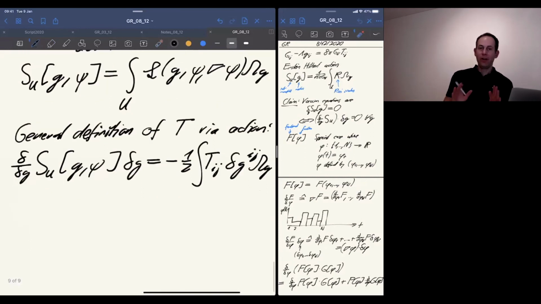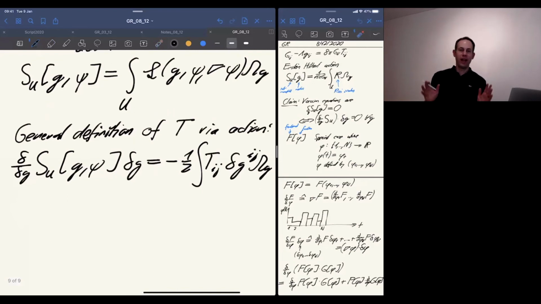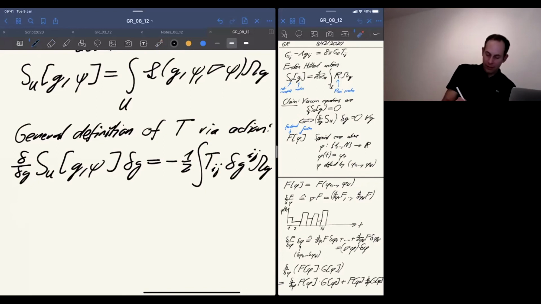Why is this a useful definition? So far it's just a definition. I can, of course, define whatever I like. But it turns out that if I use this definition, I will exactly get back the Einstein field equation. So that's already a first motivation for the definition. So let's see why this is the case. Let's suppose that we just accept this definition, and now we vary everything. So we take the variation with respect to the metric of the action that we defined before.